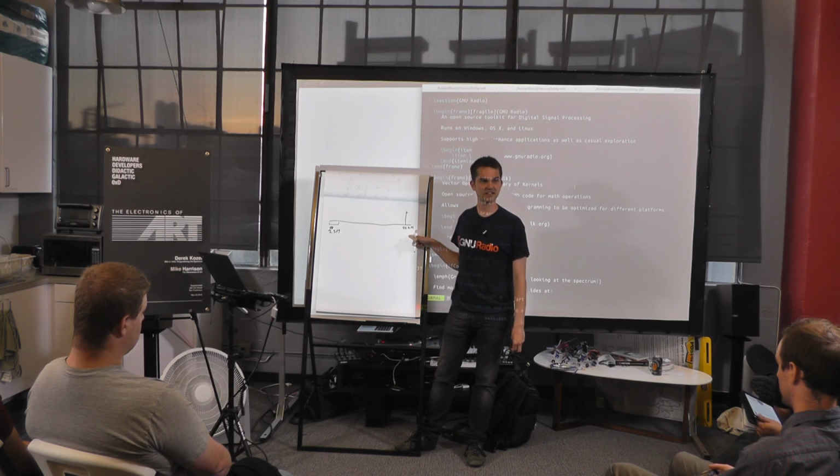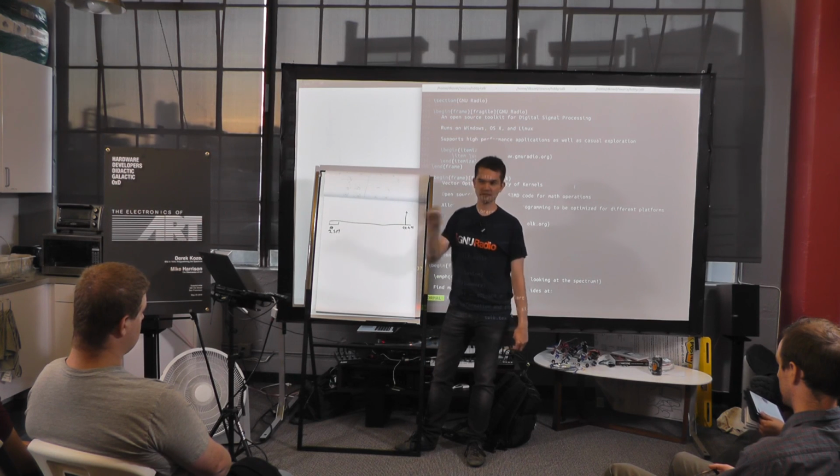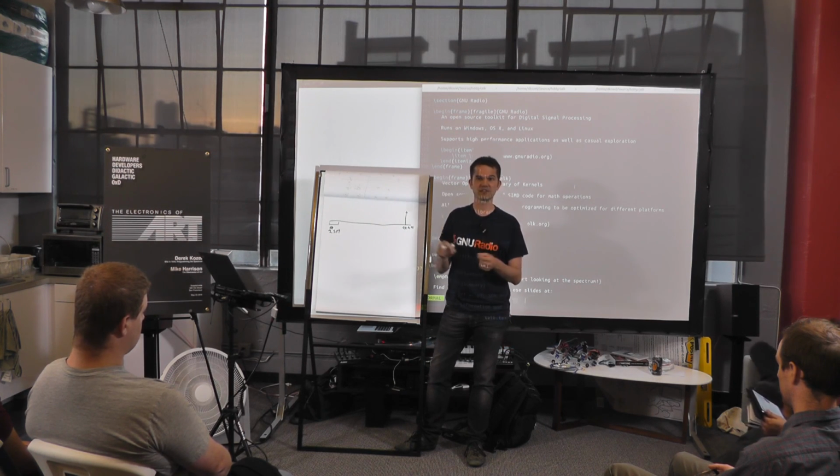Obviously, we can't receive this directly. So what you have on board is a local oscillator, something that's generating a sine wave, and you have a mixer. And because math and physics are wonderful,